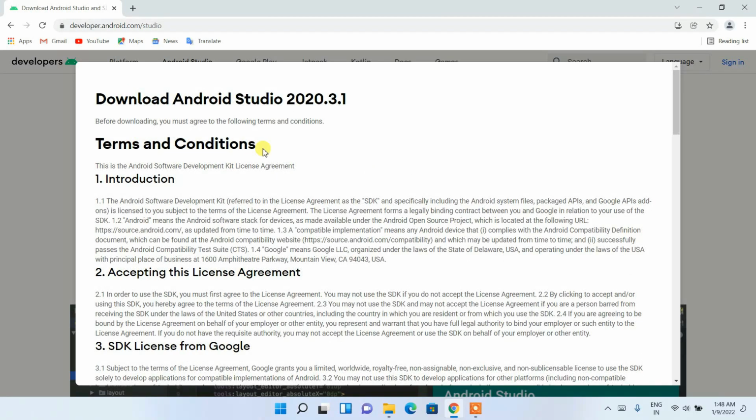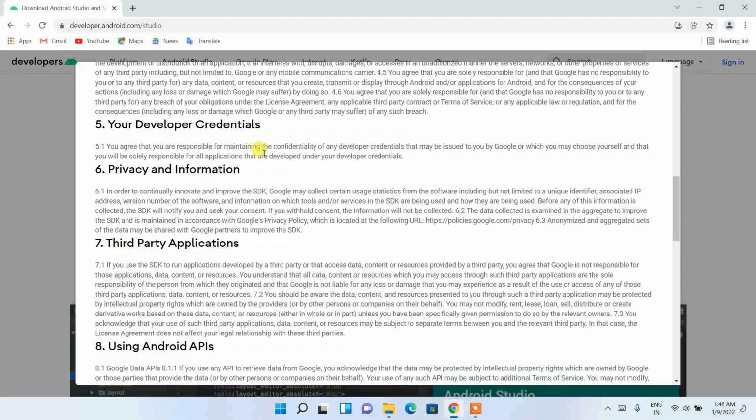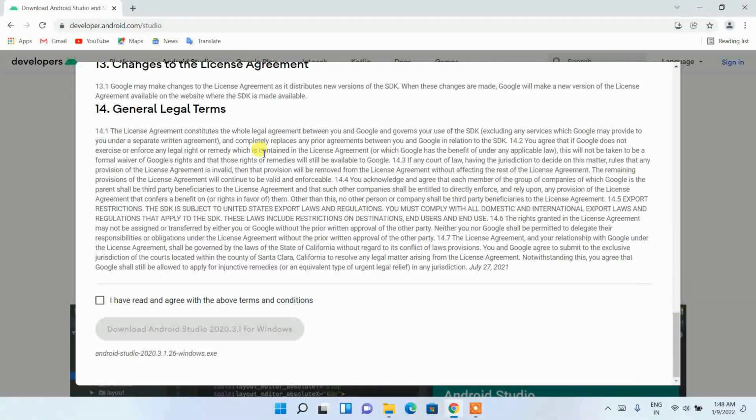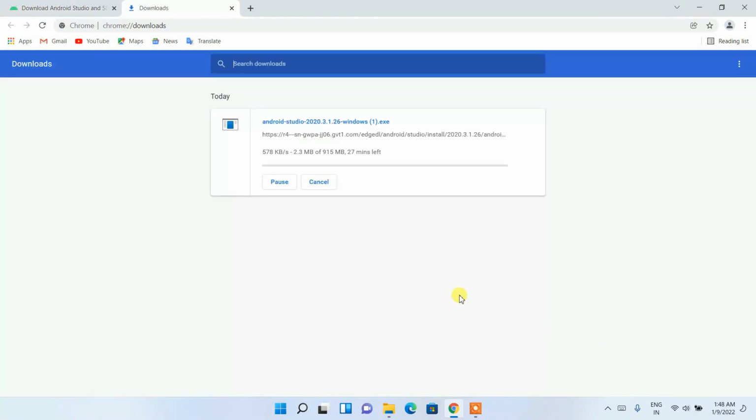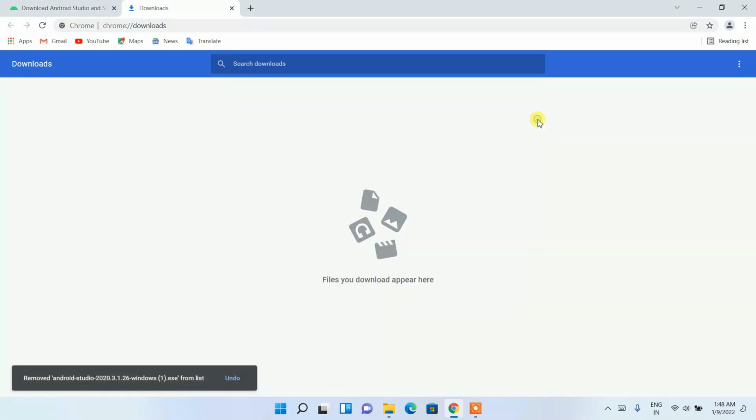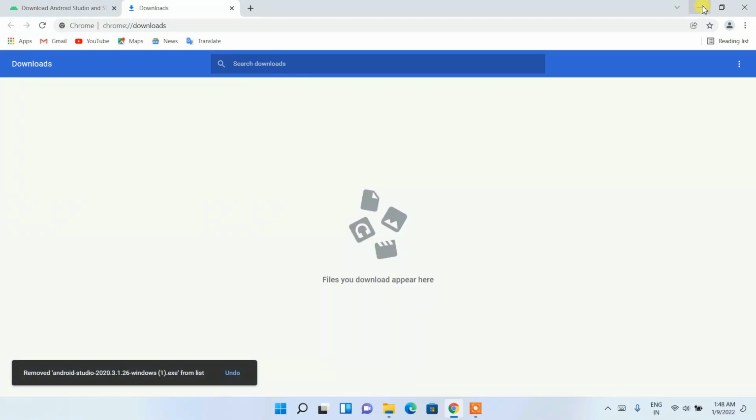Here we have the terms and conditions. Simply scroll down, and I'll check this box saying I have read the terms and conditions, and then click on Download Android Studio, and it will start downloading. Since I have already downloaded it, I simply cancel it, and I minimize my browser,